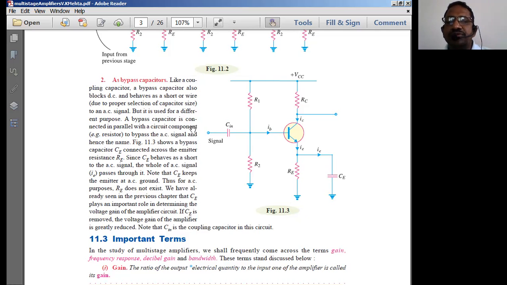From the ground, once again the AC comes to the input source, and from the input source once again to the emitter. So like this, the AC signal is transmitted without any loss. Because of this, proportionately, whichever part of the AC signal is coming over here as the feedback signal comes out as the output signal. That means there is no loss of the AC signal in the RE resistor because of this bypass capacitor. So this bypass capacitor is used to get the AC gain, which is going to be always greater than 1. This is the necessity of going for the bypass capacitor.